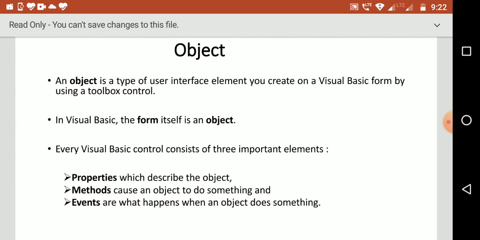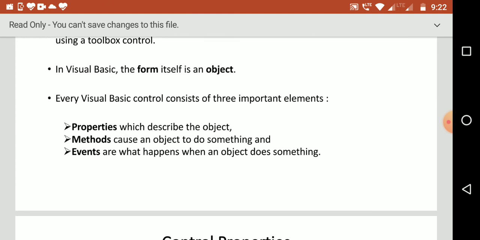Every Visual Basic control consists of three important elements. They are properties, which describe what an object is.